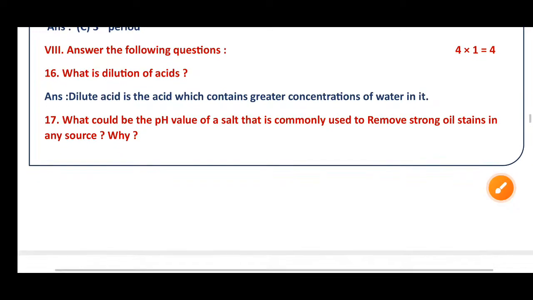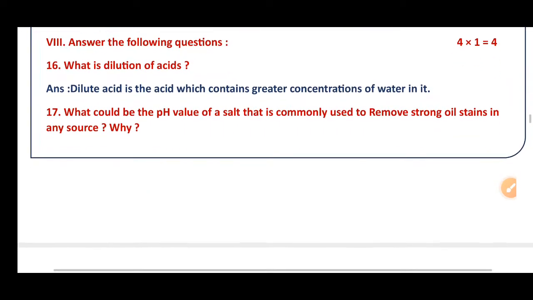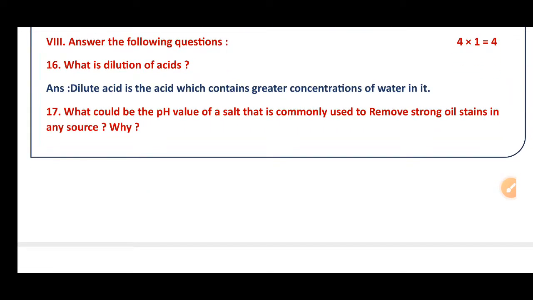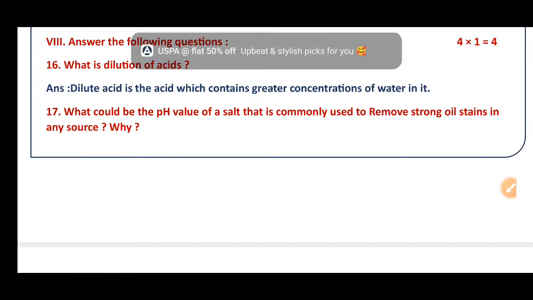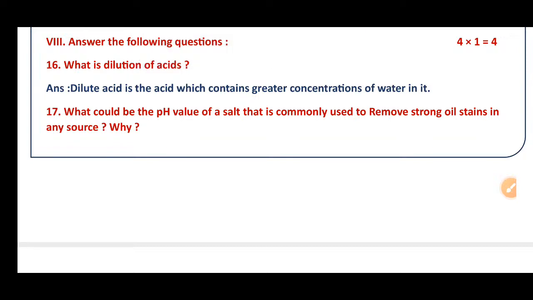Then question number 8, answer the following questions. What is dilution of acids? Dilution of acids is nothing but minimizing the concentration of hydrogen ions, simply. A dilute acid is an acid which contains a greater concentration of water. By adding water, if we are decreasing the hydrogen ions, then it's a dilution. However, we have to write